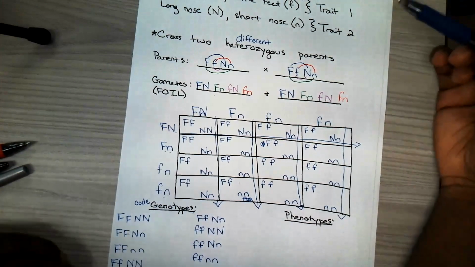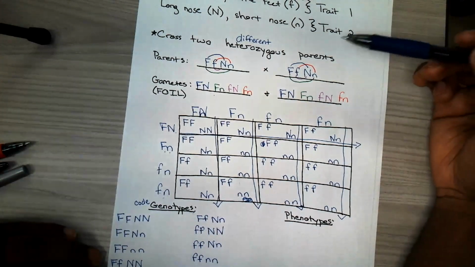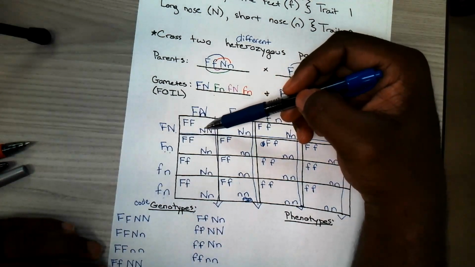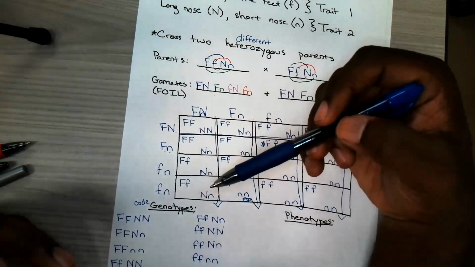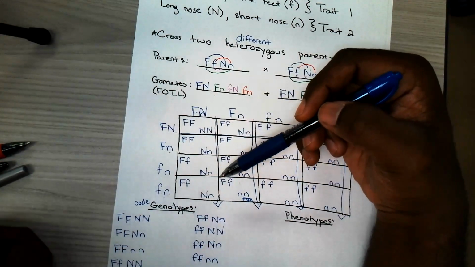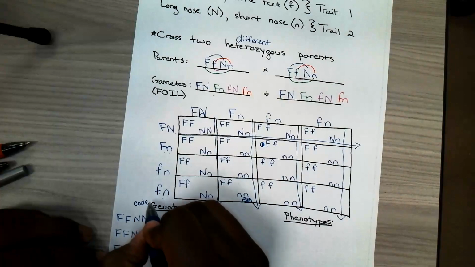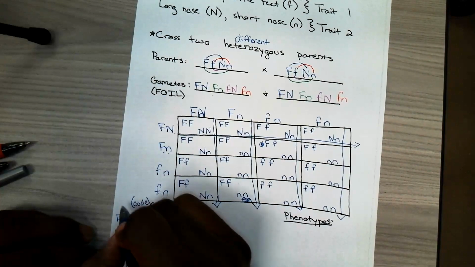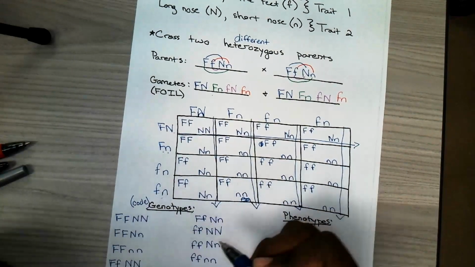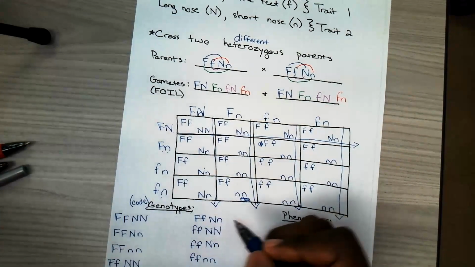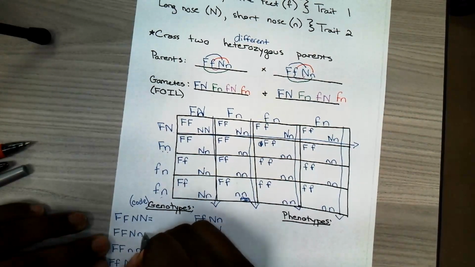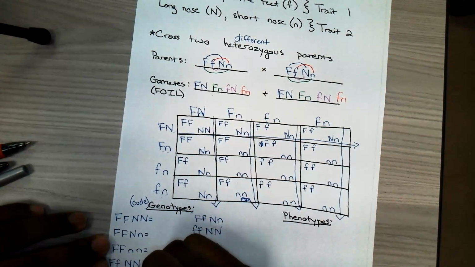Okay? Everybody understand how we got that? So what we did is I just went through and I looked at each of the different codes or the combinations we could have. So that is our genotype. When we ask for genotype, we're looking for the code, the letters. What are the different combinations that we had? Now, when we look at our probabilities,